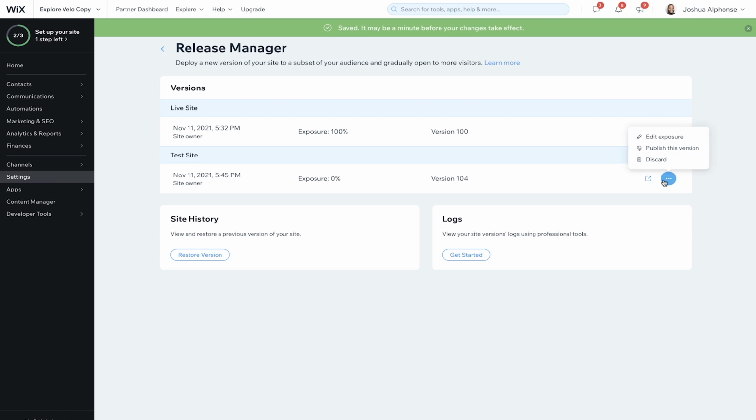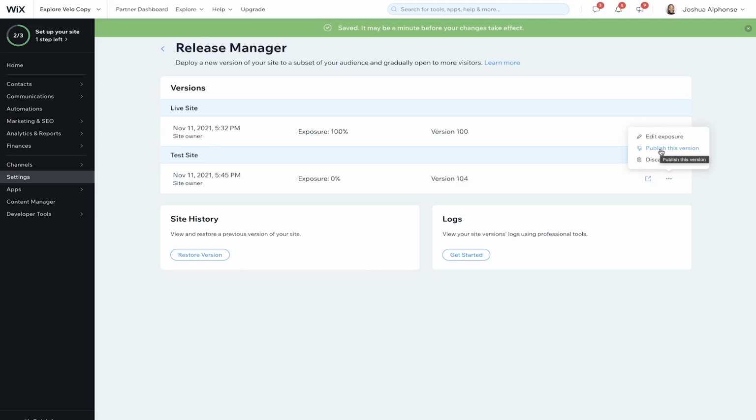And on top of that as well, I can even publish the same version. So if I feel that this test version is doing everything I needed to do, and I have got feedback from my users, and the test is running smoothly, I can fully publish and commit to this test version and have that be my new published version. So kind of think of this like version control. It's not Git, but it's kind of similar to working alongside that.